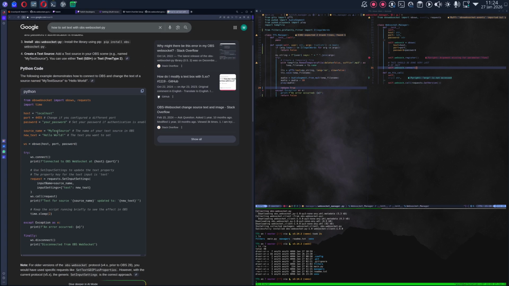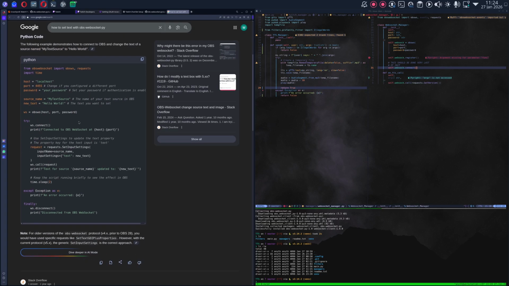See if we do source text, new text, connect there, request, set input settings, input name, source name. Okay, so this is the name of our source, and we can make that static for now. So in here, I want to say requests dot